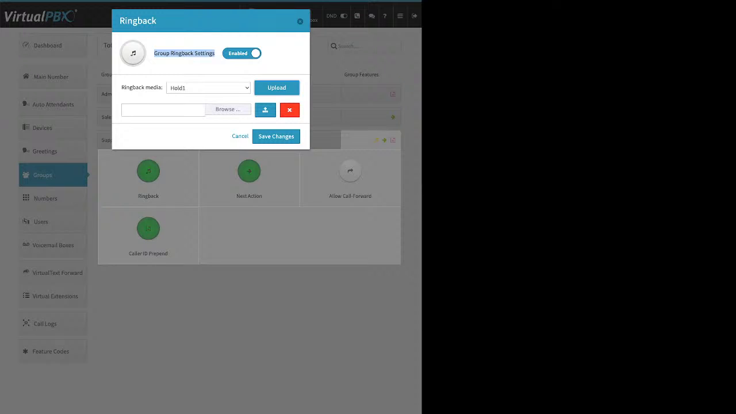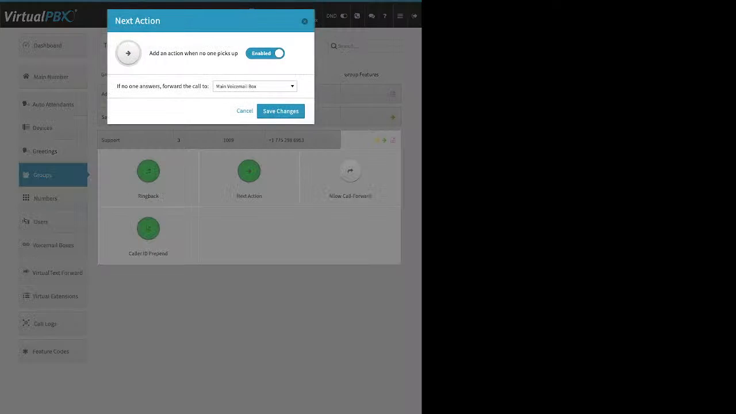The main thing to keep in mind here is that the system will not loop the file for you. So you want to make sure that the file you upload plays as long as your ring time, right? So if it's a 2-minute ring time, you want to make sure this media file plays for at least 2 minutes. Next action,